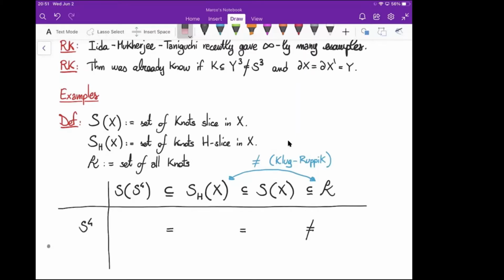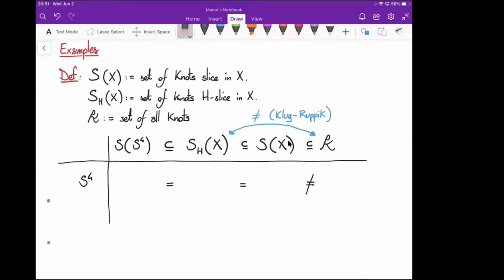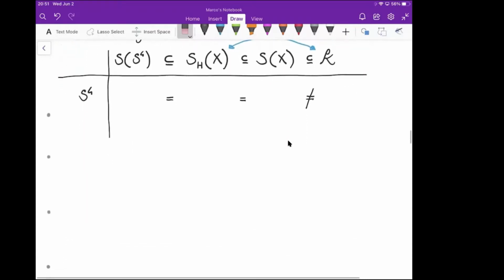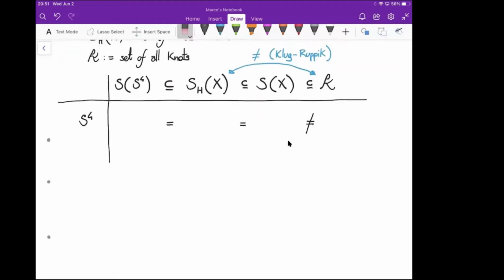But now let's see some examples for some 4-manifolds. So the first example is S4. For S4, you have that 2 equalities are true just by definition. And the last one is not true. If you want, this is also a consequence of Klug-Ruppik, but in this case, it's just the existence of a knot that isn't slice. And there are some 4-manifolds that behave exactly like S4. For instance, S1 cross S3, where you can go back to the case of S4 just by doing surgery